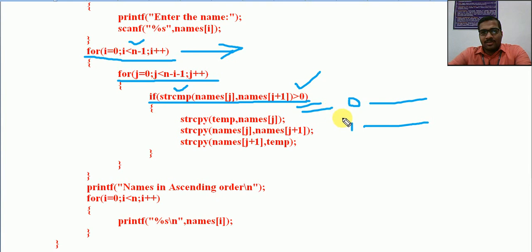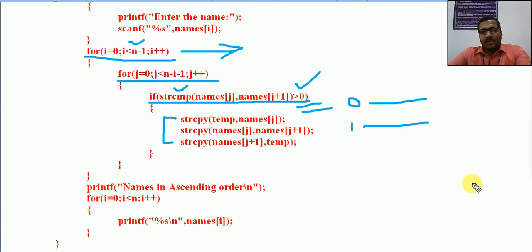Okay, so the exchange will happen based on the less than 0 condition. Now after this, what do we need to do? We need to swap. In an integer array, what are we doing? Temp is equal to a of j, then a of j is equal to a of j plus 1, then a of j plus 1 is equal to temp. That is the procedure used for integers. There we can directly assign individual cell elements.